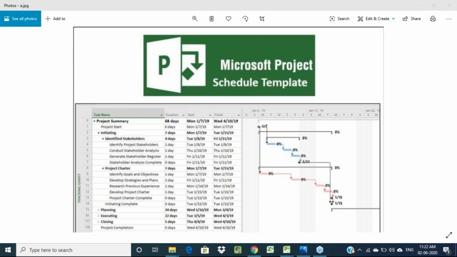This is a software tool which is used for construction management. You can ask why construction management, what is construction management, and how we will take care of construction management using a single tool, that is Microsoft Project. It is available in the Microsoft Office tool, so everyone can avail this software paying a very less amount.